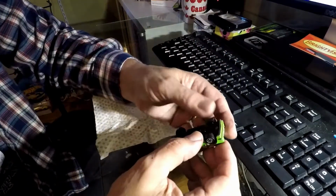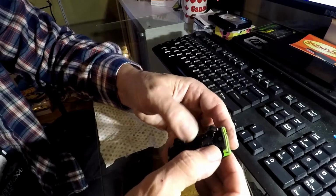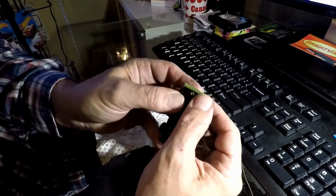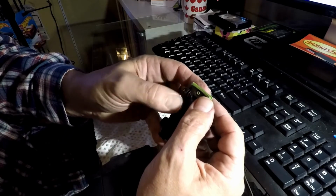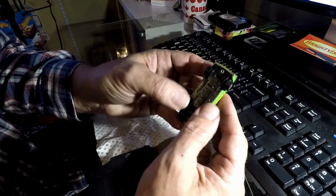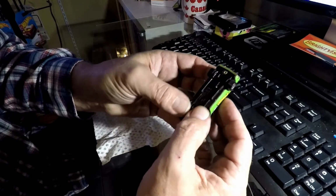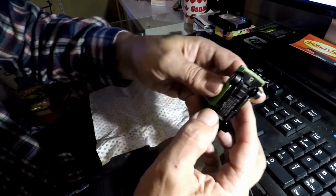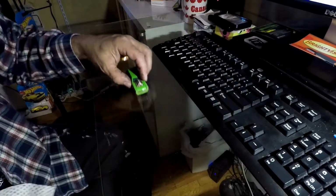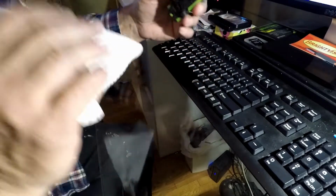First thing you want to do, like I said, is hold one, hold the other one, and rotate them back and forth. Okay? When you get one to where it'll spin freely, do the back ones the same way. Rotate them back and forth to where they get free of each other. But still, you're typically going to have one. Nine times out of 10, that'll free it up, and it'll want to roll straight after that. But